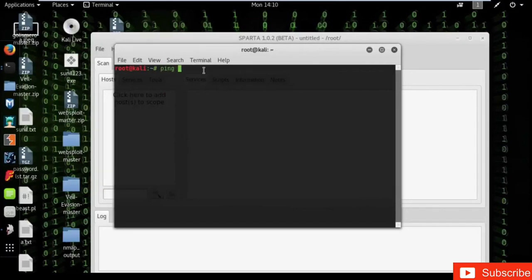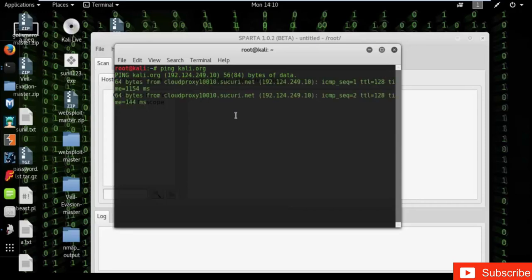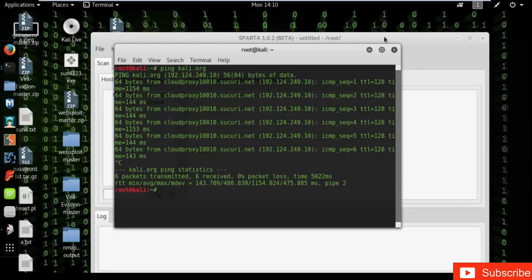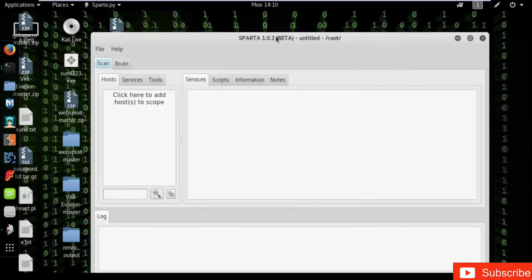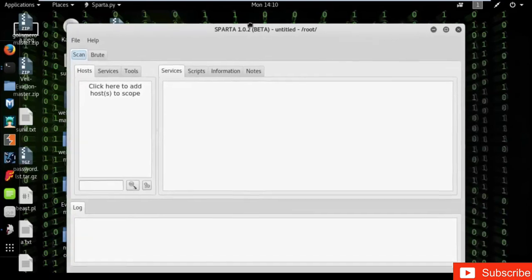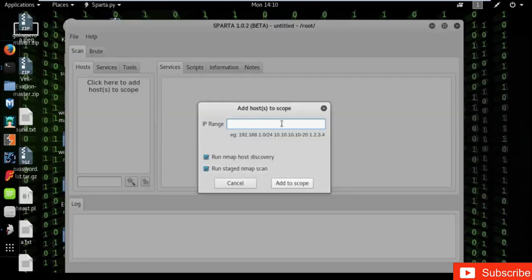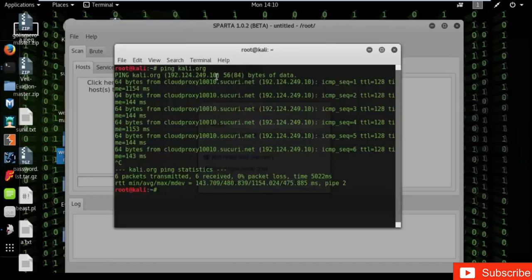Now I ping kali.org. This is the IP address of kali.org. Right. Now go to your Sparta and click here to type the IP address of the particular domain. Let's go here, copy the particular IP address